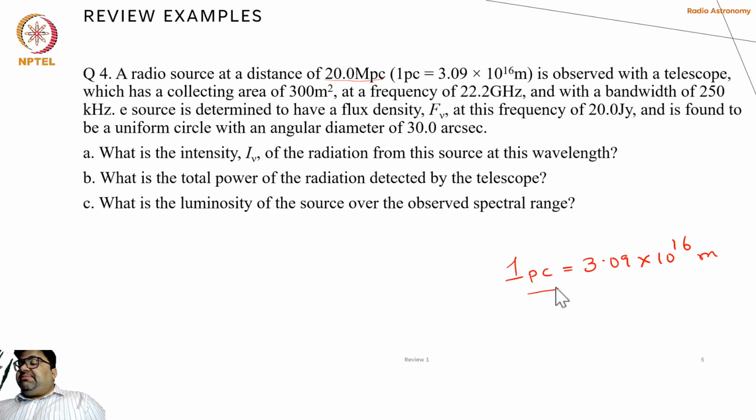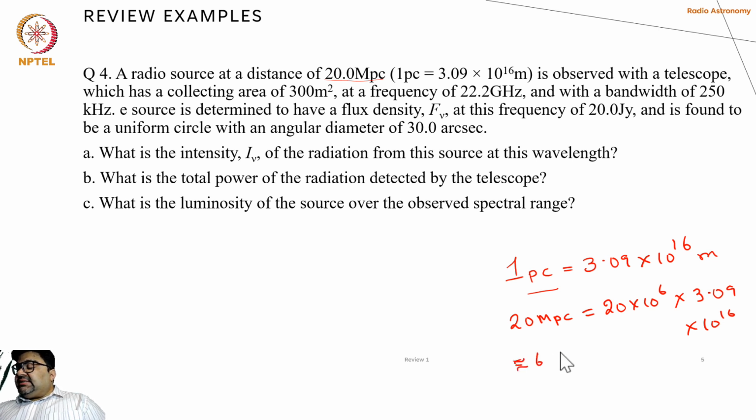So 20 megaparsec, you can do the math by yourself. So 20 times 10 to the power 6 multiplied by 3.09 into 10 to the power 16. So roughly this should come out to be around something of the order of 6 times